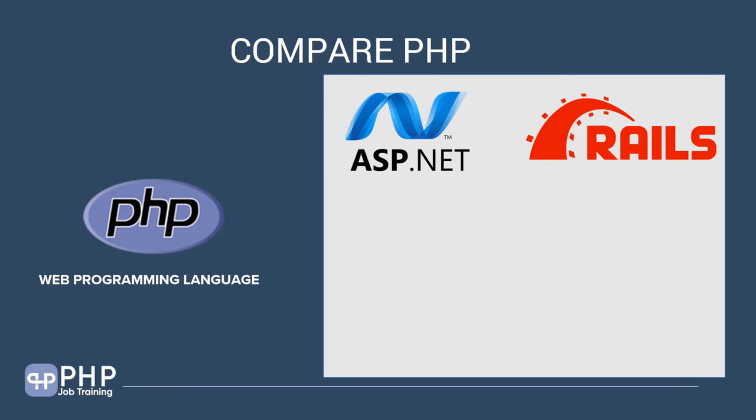Okay, so to easily compare PHP with Rails: Rails is basically a library sitting on top of the Ruby language, and it does the same job as PHP. Comparing Python with PHP, you might have heard of Python. Python is a general purpose language. It's not meant to be a web programming language, but it is meant to do many other things like desktop applications and building complex business logic running at the server. So the main difference between PHP and Python is that Python does more than web programming. It's not focused on web programming; web programming is just a part of Python.